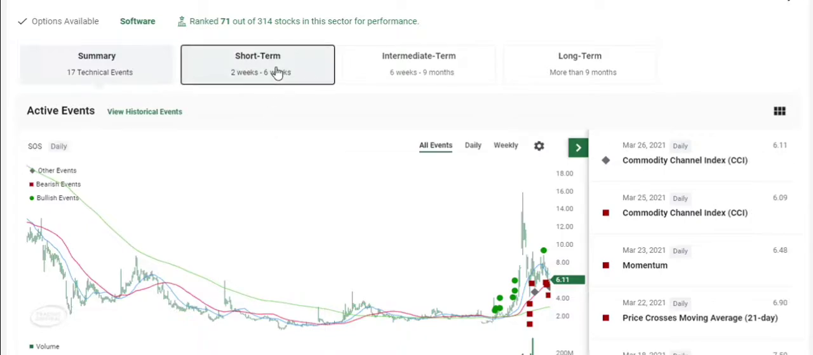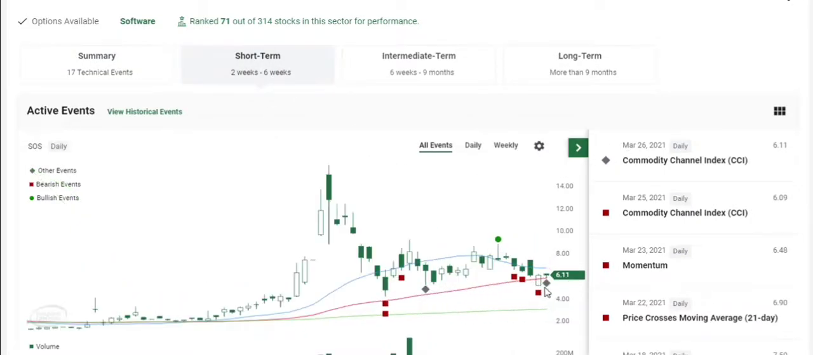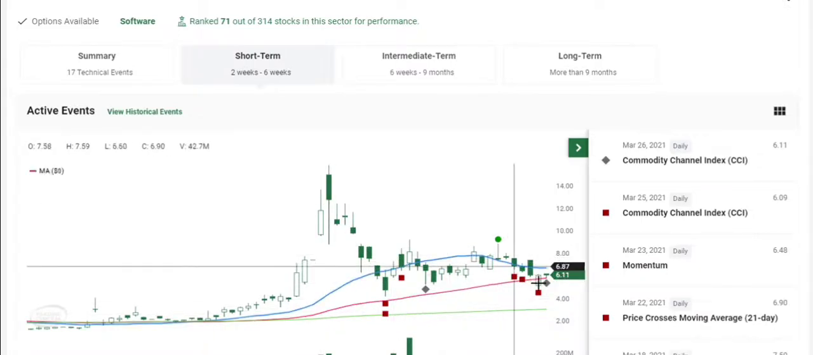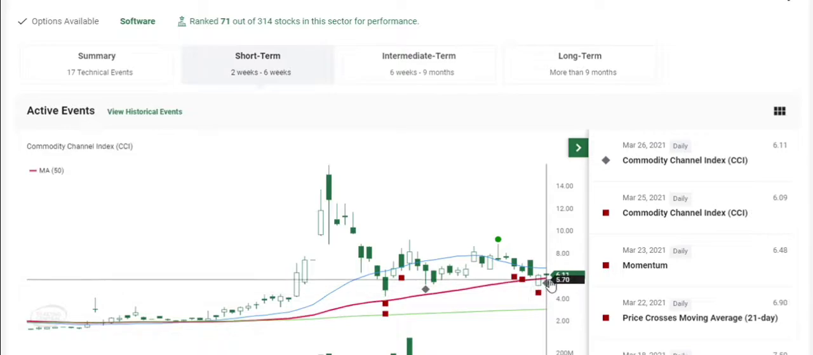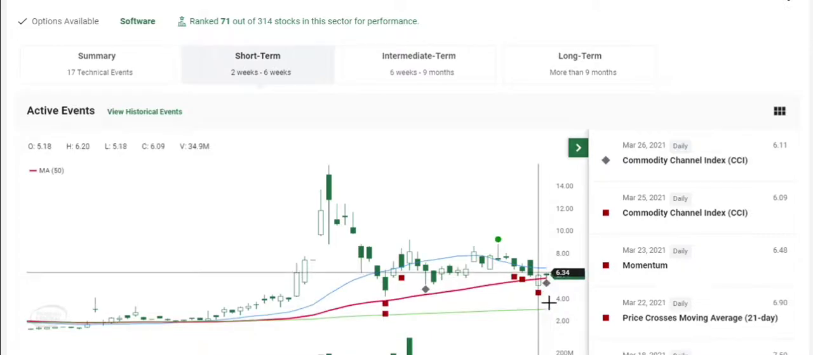With SOS, I like to use a 6-week chart, and you can see there's no surprise. Anyone that's been following this, the price was up, obviously spiked, and it was starting to go down here. It actually dropped below the 50-day moving average on Thursday, but then on Friday it hit it and bounced back up, and that actually triggered